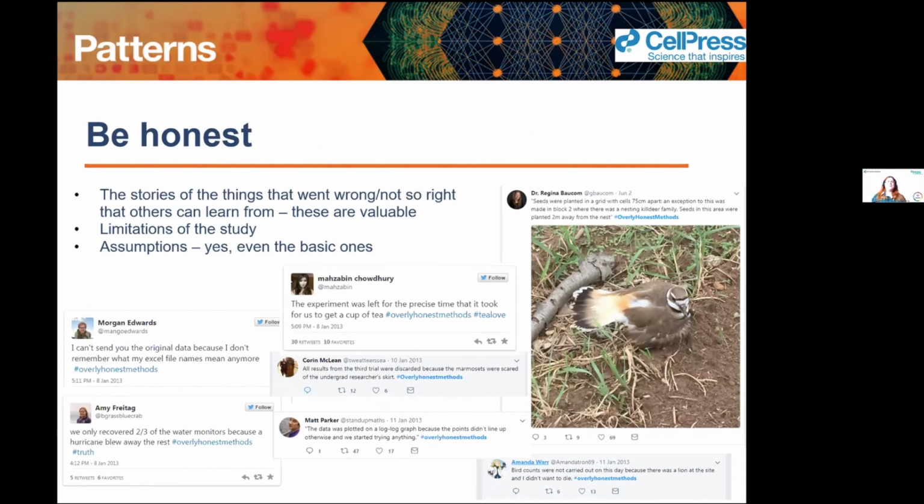This is all the really important and really quite funny stuff that gets left out and could actually be really important and vital in the future. I love the picture of the bird there, with the comment, seeds were planted in a grid with cells 75 centimeters apart. An exception to this was made in block 2, where there was a nesting killdeer family. Seeds in this area were planted 2 meters away from the nest. I think that's entirely sensible and should be recorded. And also you've got a picture of a cute bird there, so that's a win.